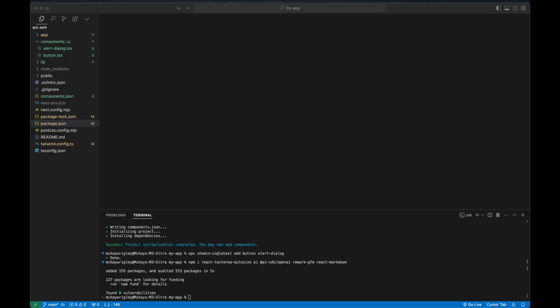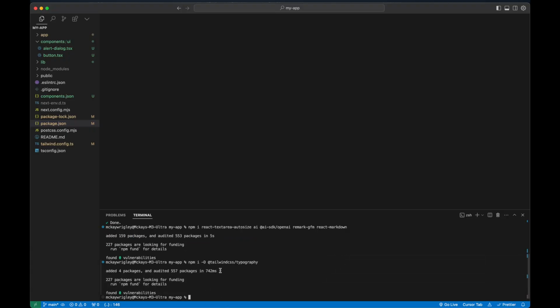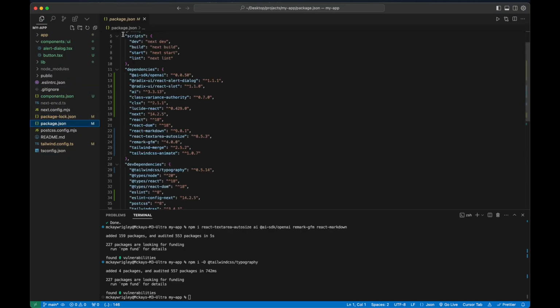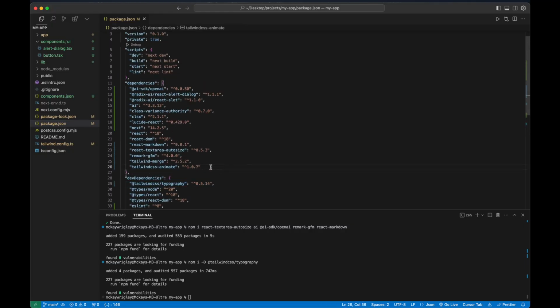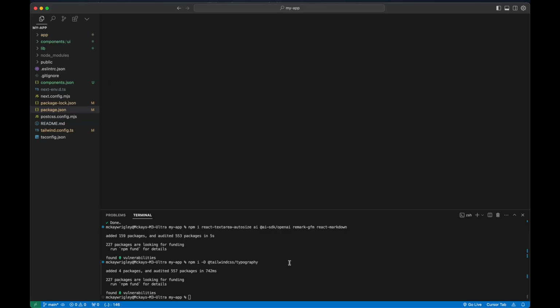And you're going to need to run one more thing so that we can get really nice markdown text rendering, is you're going to need to run the second install script, which installs this Tailwind typography package as a developer dependency in our package.json. So you can see this is a developer dependency, and the previous install script we ran is a standard dependency. So once you have all that running, you should just be able to run npm run